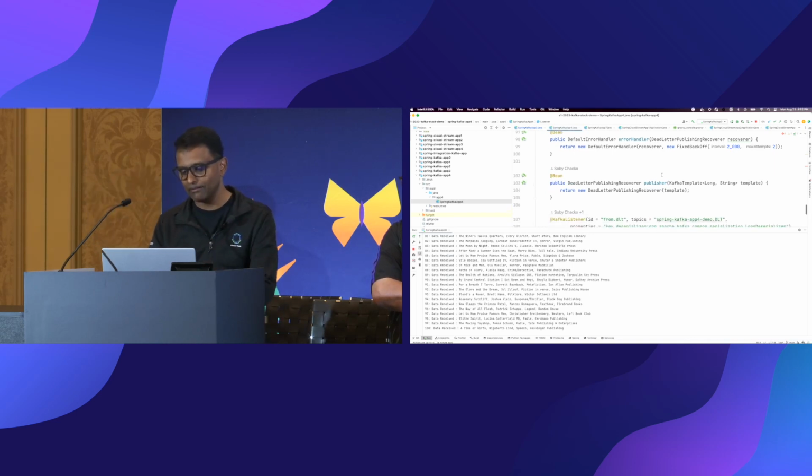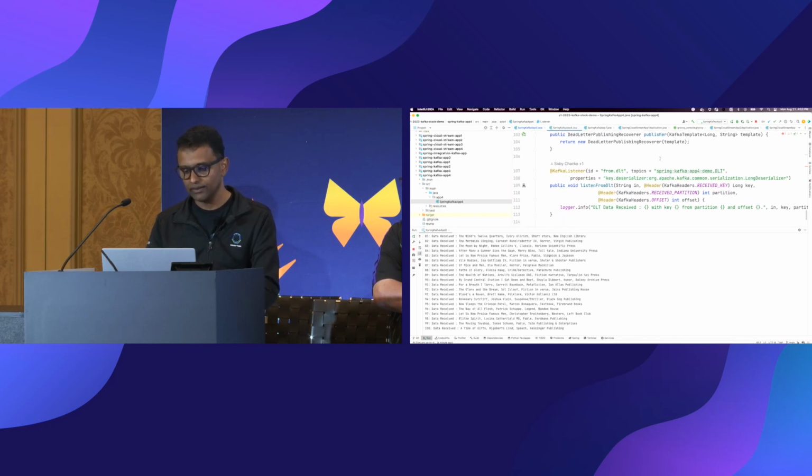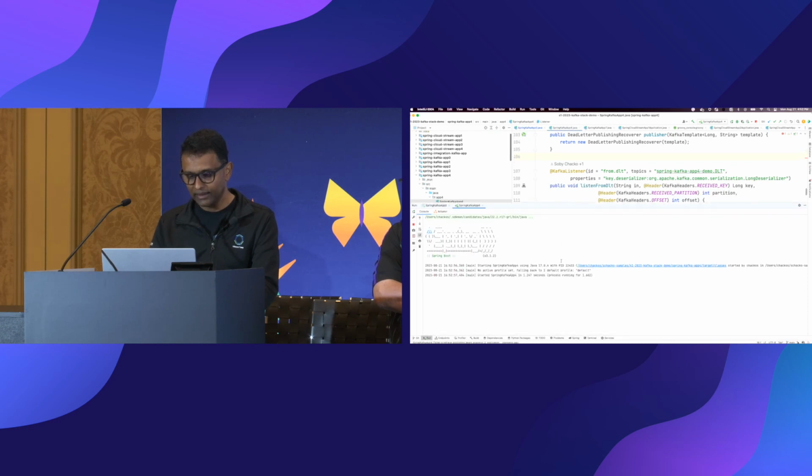So I'll quickly run this application and see how it works. I have 2 listeners here. The second listener is actually listening to the DLT topic. So when we run this app, we can see that if the offset is 9,